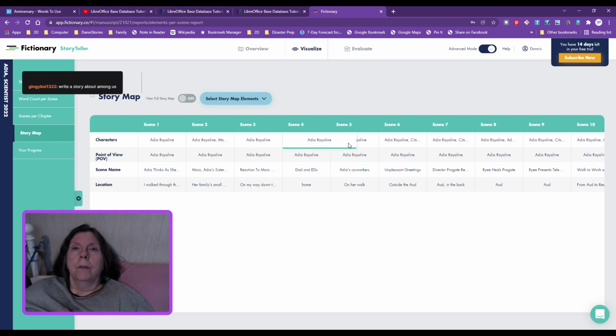And my list of characters is really cool because I've got Adia thinking about her sister, and then up here I have Adia and all of her co-workers, and talking about Riona, the visiting scientist that they haven't met yet. So I've got all of this laid out, which helps me to figure out, okay, have